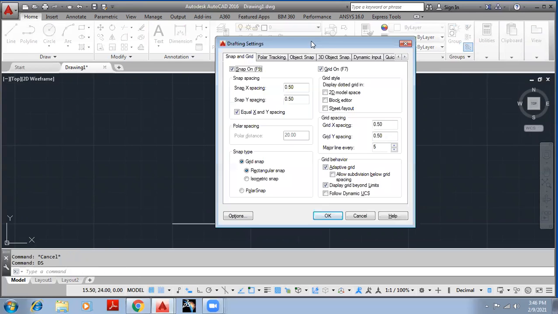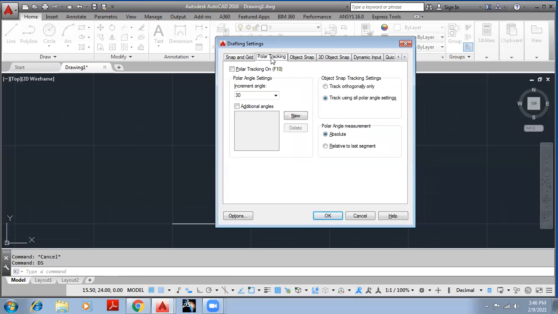एंटर। देन नेक्स्ट वन इज ग्रिड ऑन, ठीक है। ग्रिड में भी हम ये जो स्पेसिंग दिख रहा है हमें, उसका स्पेसिंग हम चेंज कर सकते हैं। अभी के लिए ये दोनों कॉमन रखा है, स्नैप स्पेसिंग और ग्रिड स्पेसिंग, ये दोनों कॉमन है, ठीक है। सो इसमें ज्यादा कुछ नहीं है, खाली ये ग्रिड लाइंस ऑन ऑफ करना है, ठीक है। उसके साथ अगर हमें स्नैप ऑन रखना है तो ऑन रख सकते हैं, ऑफ रखना है तो ऑफ रख सकते हैं।